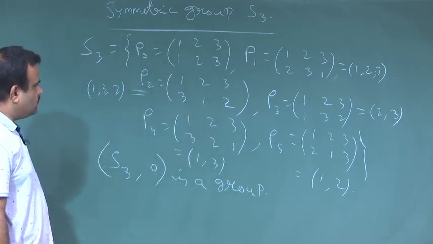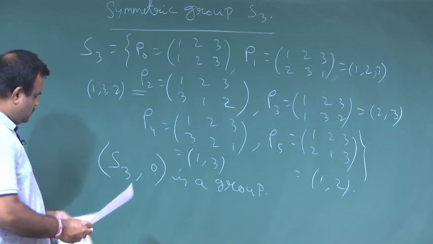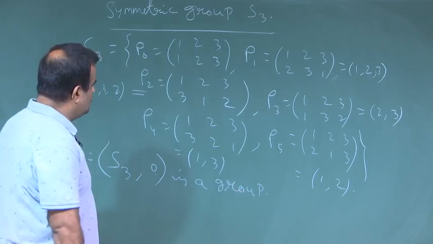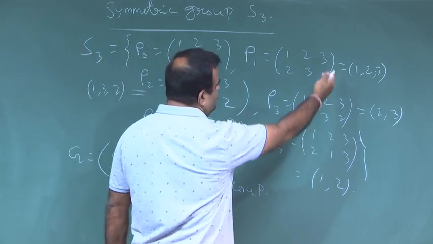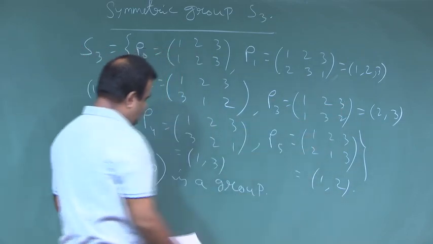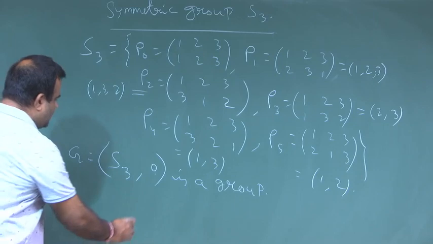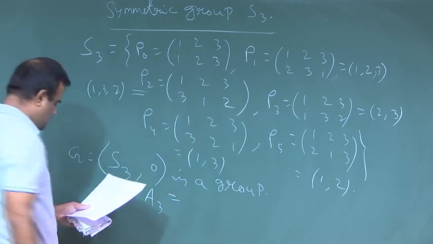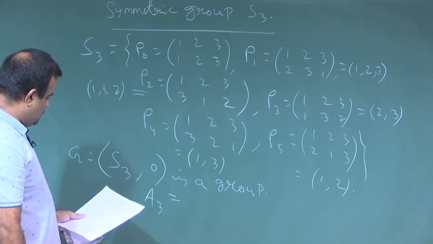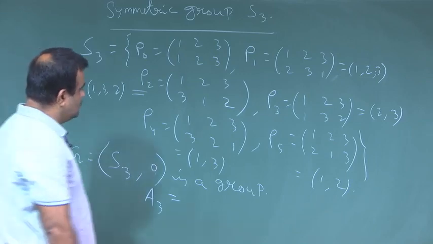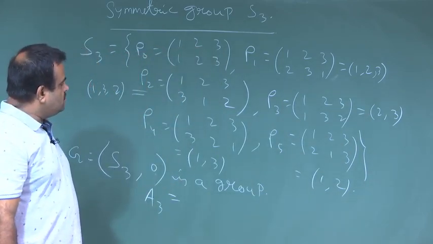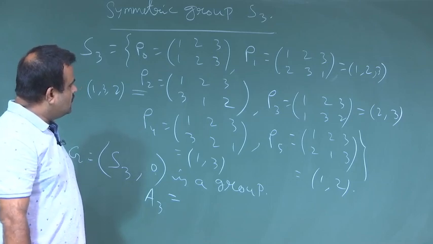Now, we want to have a subgroup of this group G. So, this is our G group. Now, if you take all the even permutations, because an odd permutation will be written as a product of an odd number of transpositions, these three. Odd permutation means if it is written as a product of this.